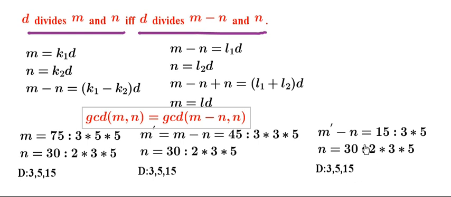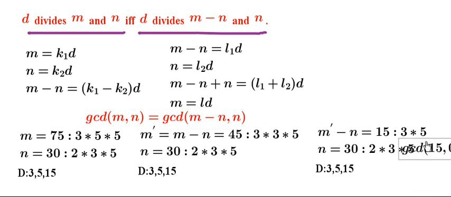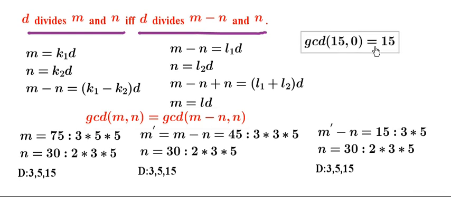So let's go one more iteration forward with respect to this example. In the next iteration, we will subtract 15 from 30. So ultimately we will get two numbers 15 comma 15, and after one more iteration we will get two numbers 15 and 0. And we know that GCD of 15 comma 0 is 15. Why? Because 15 divides itself, and any integer will anyway divide 0. So ultimately we will stop here. The stopping criteria is whenever we get one of the integers as 0, at that time the second value will be the answer, or GCD in this particular case.